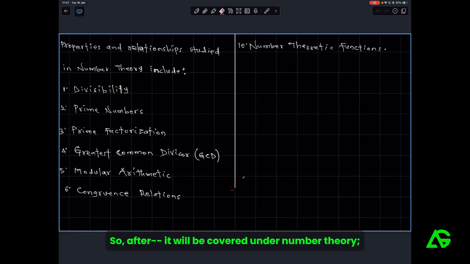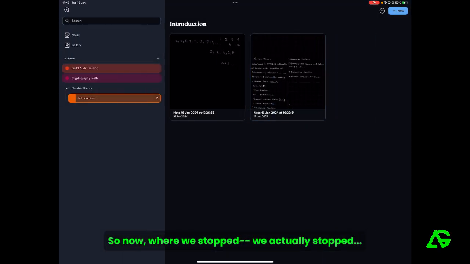Modular arithmetic is part of what we are going to consider later on. It will be covered under number theory as a concept to be looked into. Congruence relationships are also used in modular arithmetic. So, number theoretic functions. Now, where we stopped, we actually stopped